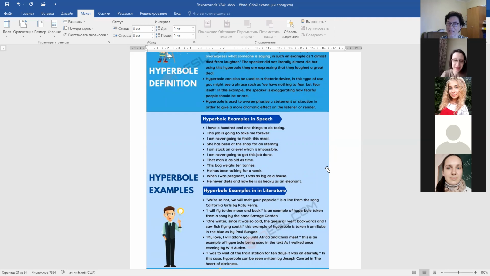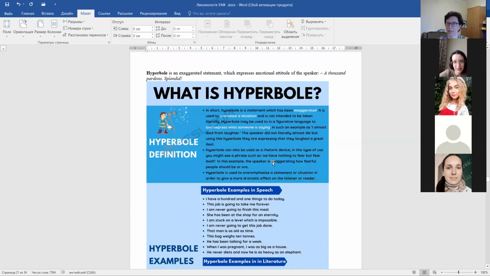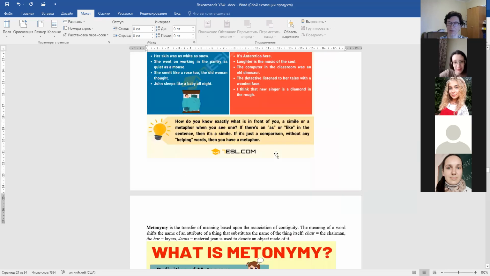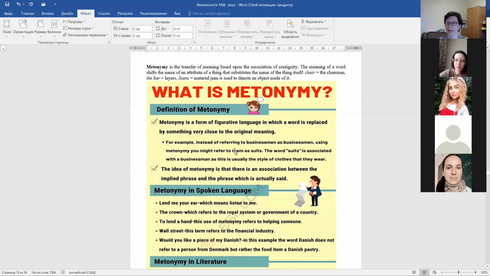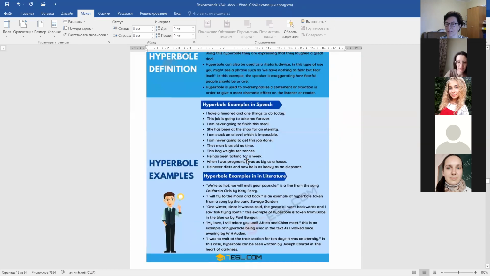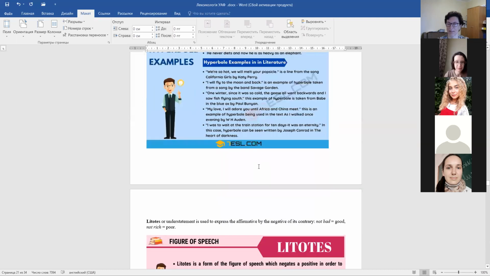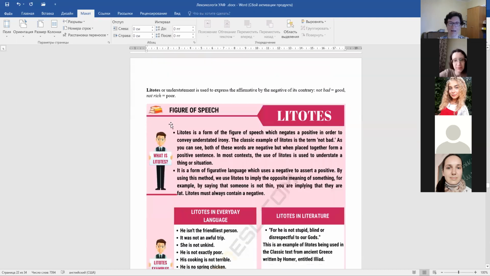Okay, and we see that very often in hyperbole we use, what do we use in hyperbole? We use similes. Yeah? We use similes because with the help of simile, we compare: as big as a horse, as heavy as an elephant, and so on and so forth. Okay, good. Next,